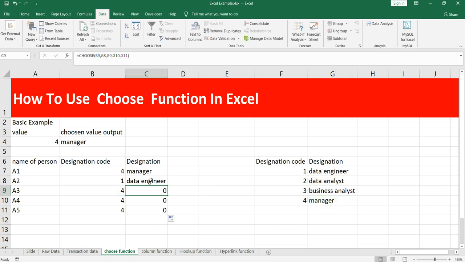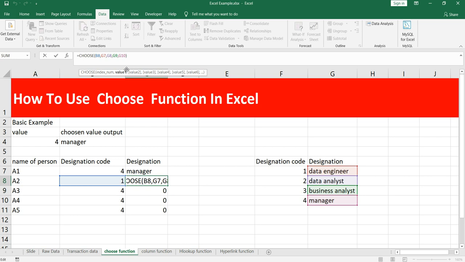So what I need to do is fix these cells, and for fixing these cells I have to press F4 so that I can give an absolute reference, so that if the index is 1, then take G7, if index is 2, take G8.